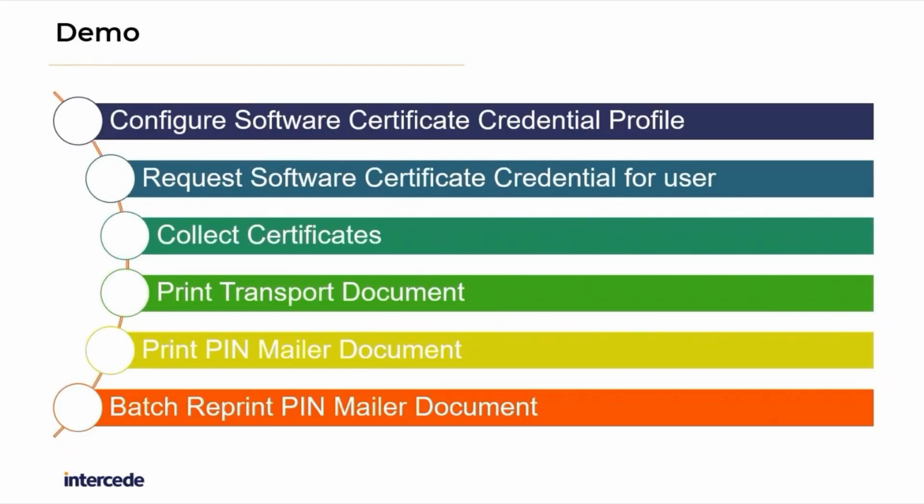So now let's see this in action. What we'll do is create a credential profile for a user with soft certificates on. We'll request that, collect those soft certificates, print the transport document for it, print the pin mailer document for it, and then we'll have an explore of the batch reprinting of that pin mailer if we assume something went wrong or the wrong